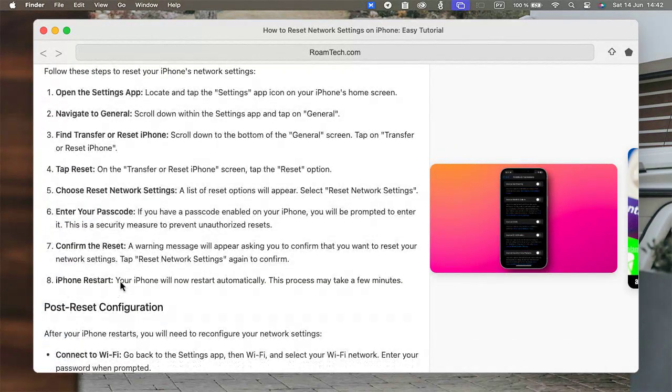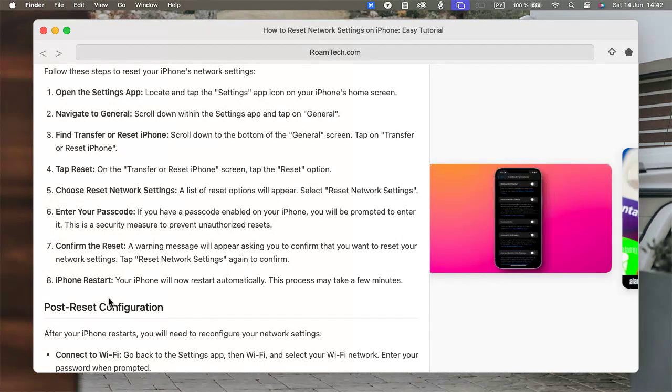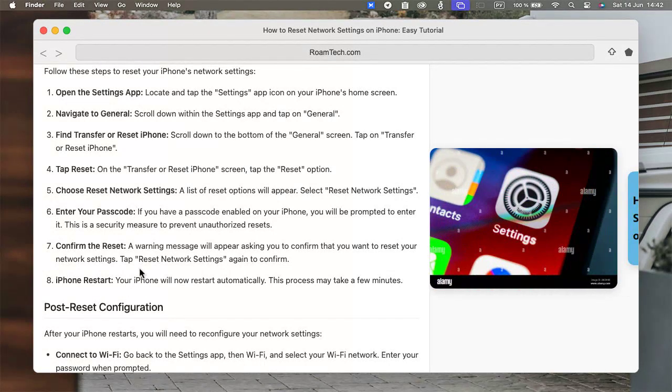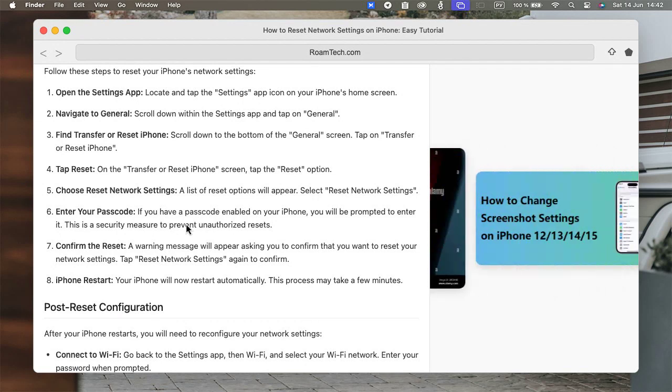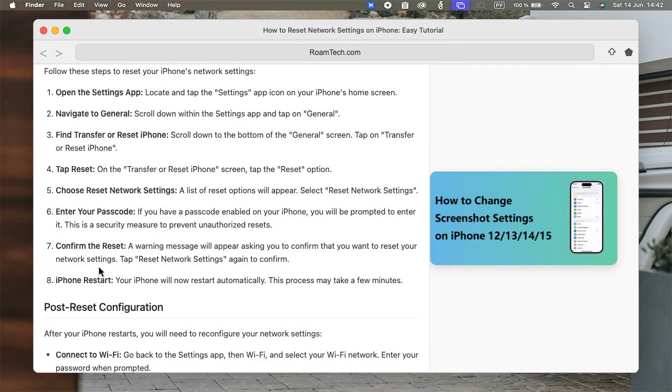Today we will be discussing how to reset network settings on your iPhone. Are you having trouble connecting to Wi-Fi? Maybe your cellular data is acting up? Resetting your network settings can often be the solution. In this video, we'll go through the process step by step. It's super easy and can save you a lot of frustration. We'll cover exactly what the reset does, what you need to be aware of, and of course the reset process